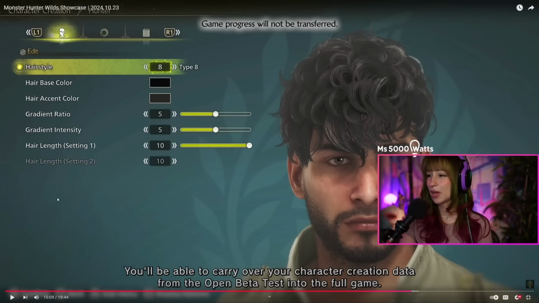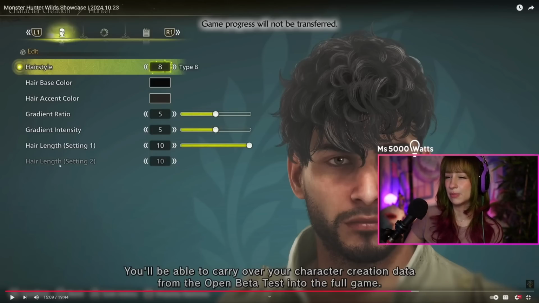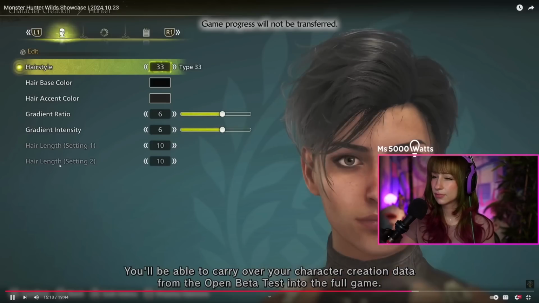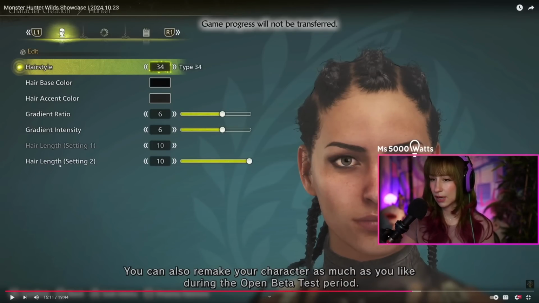Mm-hmm. And then here's the hairstyle, hair base color, hair accent color, which we have not been able to do in Monster Hunter before. Thank God, praise the Lord. Gradient ratio, gradient intensity. And then you have hair length setting. And I assume that these two hair length settings are for maybe bangs and then the back of the hair. But I don't think they show a character with...